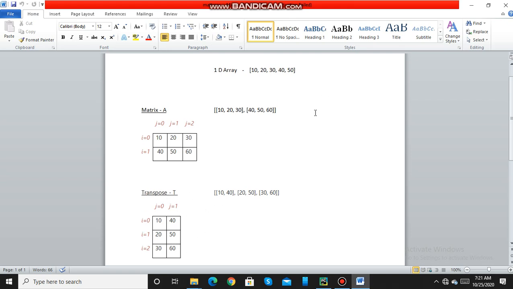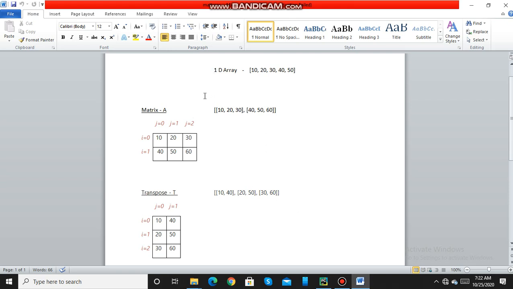So now in Python, lists are used instead of arrays. In a list, all the elements are placed between square brackets and separated by commas. So here this is a list, elements 10, 20, 30, 40, 50 are placed within the square brackets and separated by commas. So unlike array, a list can store elements of any data type. It can store integer, float, string, so it is more flexible. In our case, we are using integer values.